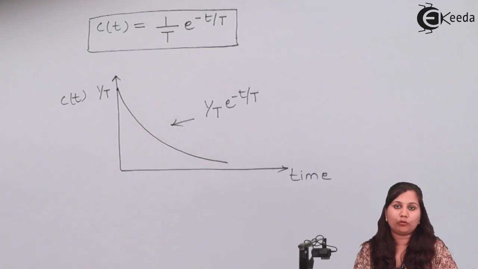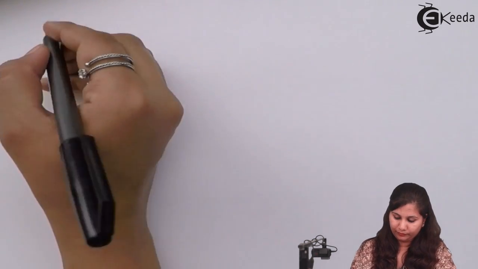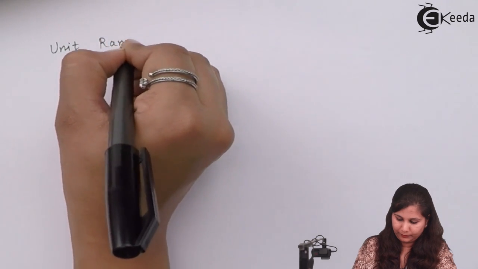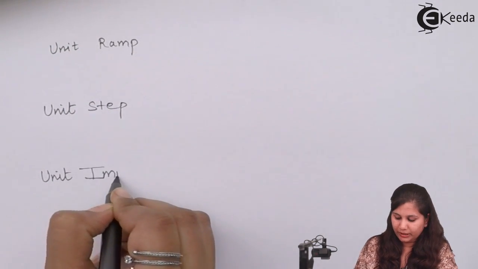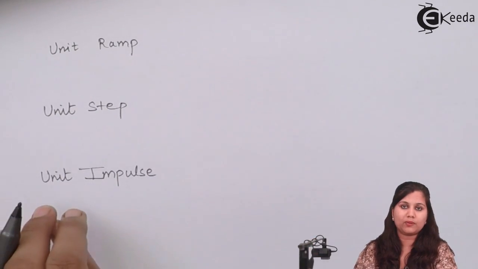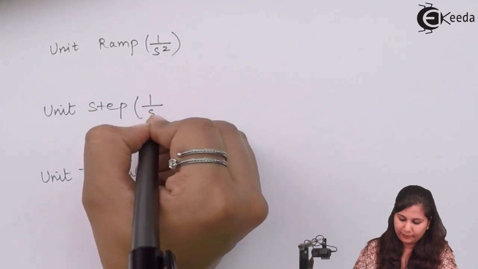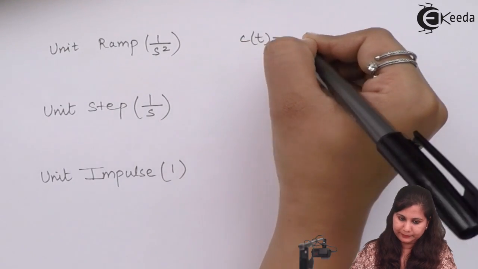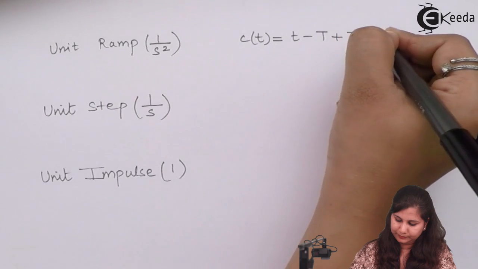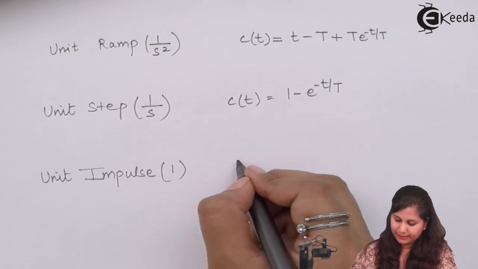So we have studied the output response of first order control system for unit step, unit ramp and unit impulse function. Let's form the table here. These are the three input test signals for which we have found out the output response of first order control system. Unit ramp, it is 1 by s squared. Unit step, it's 1 by s, and unit impulse is 1. So its output response was coming out to be, for unit step, the output response was, and for unit impulse,